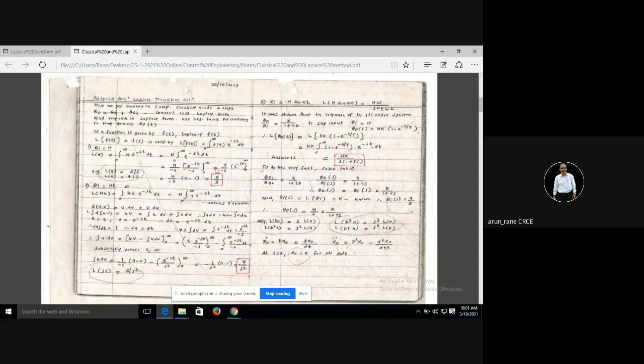Now minus s, we are taking it out. Now e raised to minus st, with the upper limit infinity and lower limit 0. So this is the definite integral. Now you substitute infinity first in place of t. e raised to minus st can be written as 1 upon e raised to st, which means 1 upon e raised to infinity. That is nothing but 1 upon infinity, which is 0.